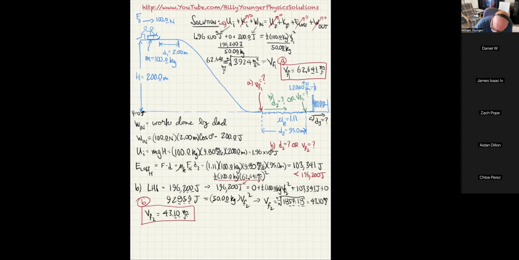Part C, U initial plus K initial plus work in. We know all of that results in, looks like my pen's starting to not write. Yeah, my tip was coming unscrewed. That whole left-hand side is basically equivalent to 92,859 joules, like that. And then the other side is equal to U final plus K final